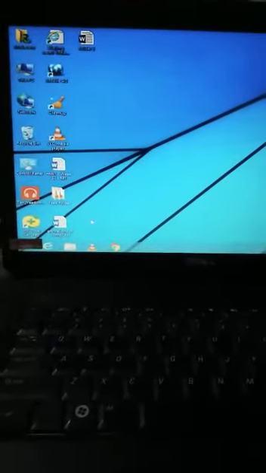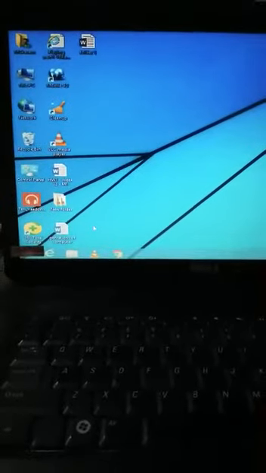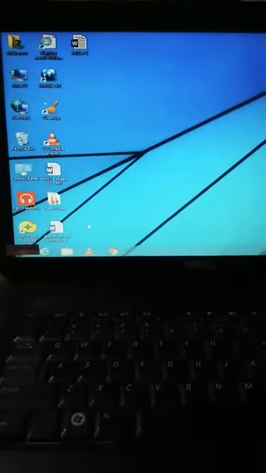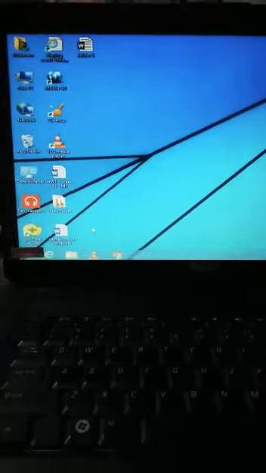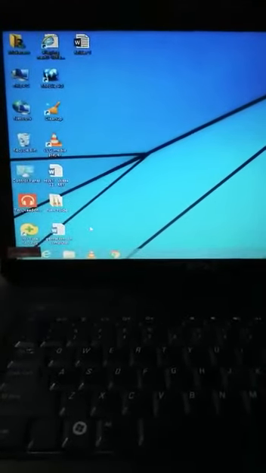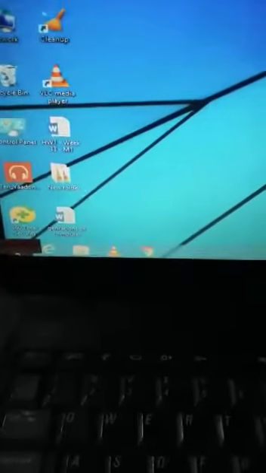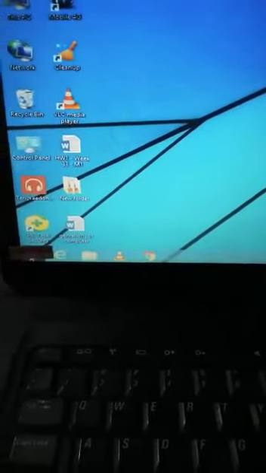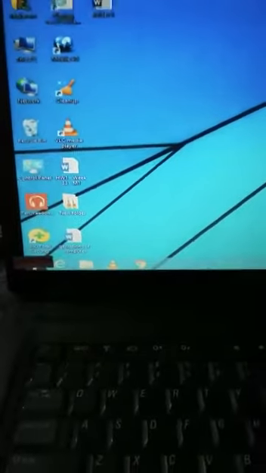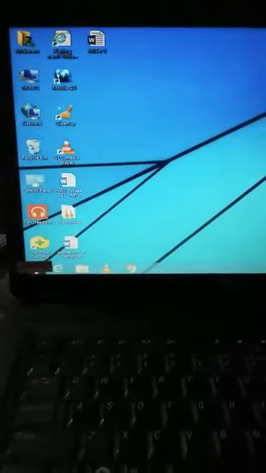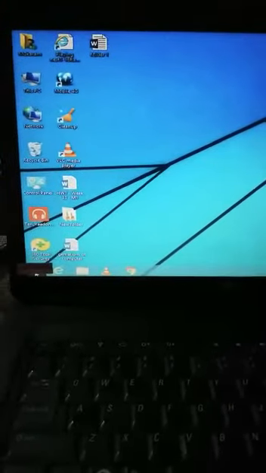So, let's start. For applying password protection in our computer, first we go to the start menu. Start menu is just there. By clicking this, you can open your start menu.